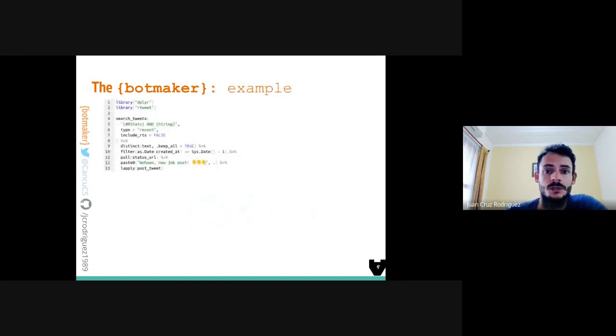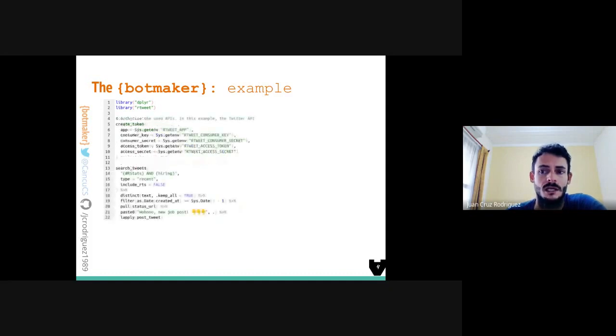So let's use the BotMaker to create the RStats Jobs bot. We have the script that daily retweets job posts. As this script should run on an isolated environment as GitHub Actions is, we have to add some credentials information. In this case, these are Twitter credentials that we might need. Next, we need to turn all this script into a string, as it is how BotMaker needs it as input.